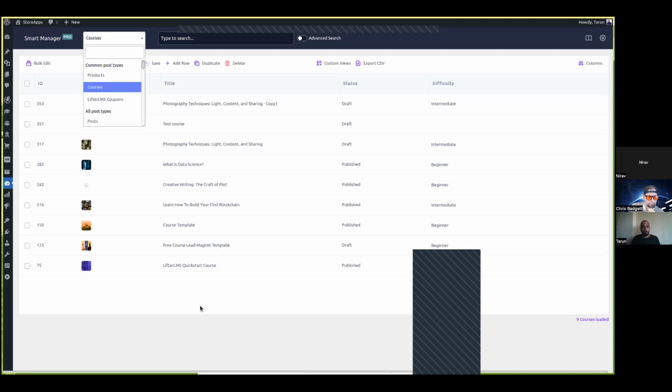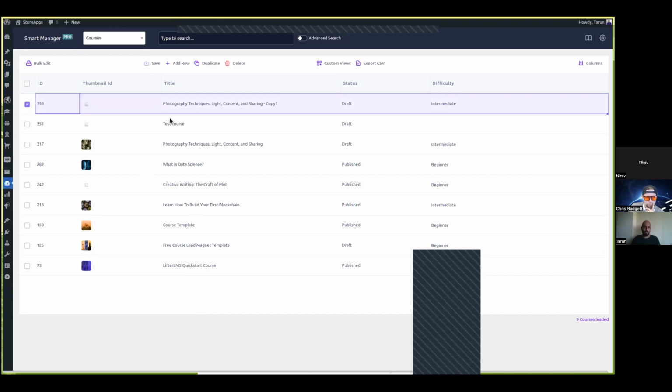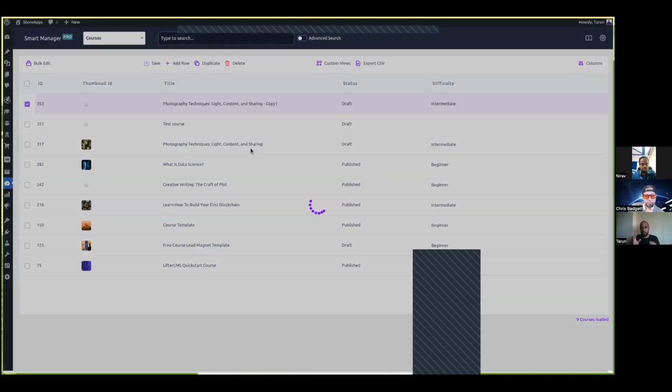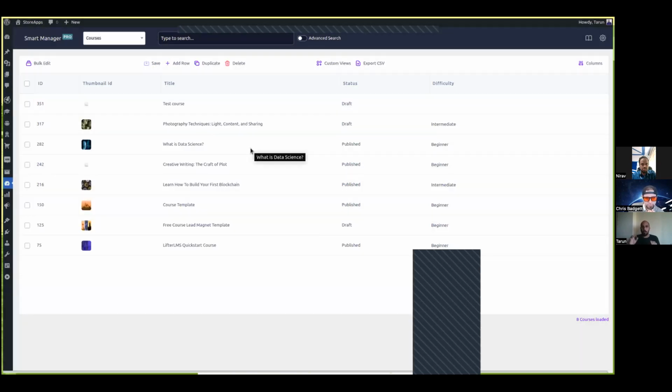Right. Now, let's say I'll just show you the delete functionality. This was a duplicate which we had created, and we would like to just delete it. If I simply move to trash, it will give me a warning. And if I say yes, it will move to trash. Now, in Smart Manager, we also have a setting wherein you can choose whether you would like to view the trashed records or not. Here, I have not kept it on. It's a hidden database setting wherein if you turn it on, it will let you view all the trash records also, right? That is one thing.